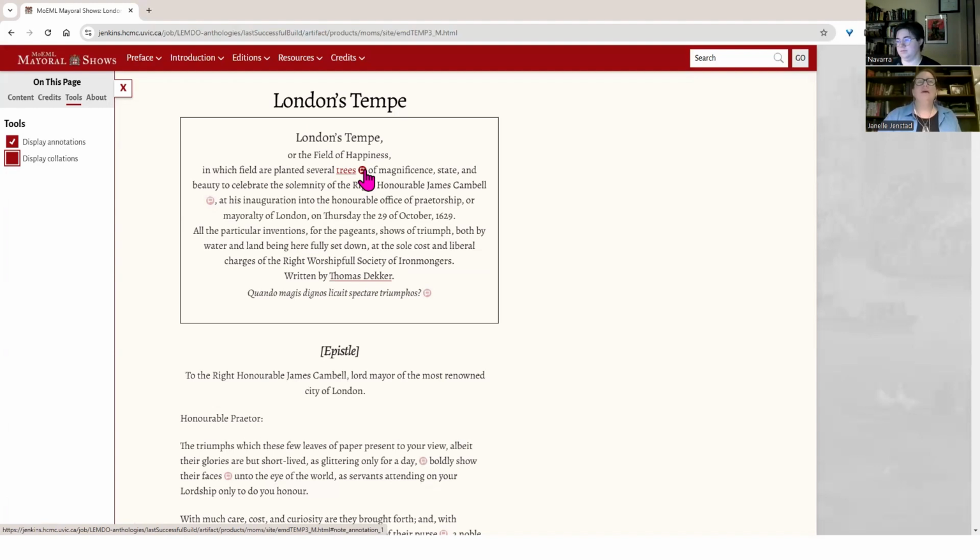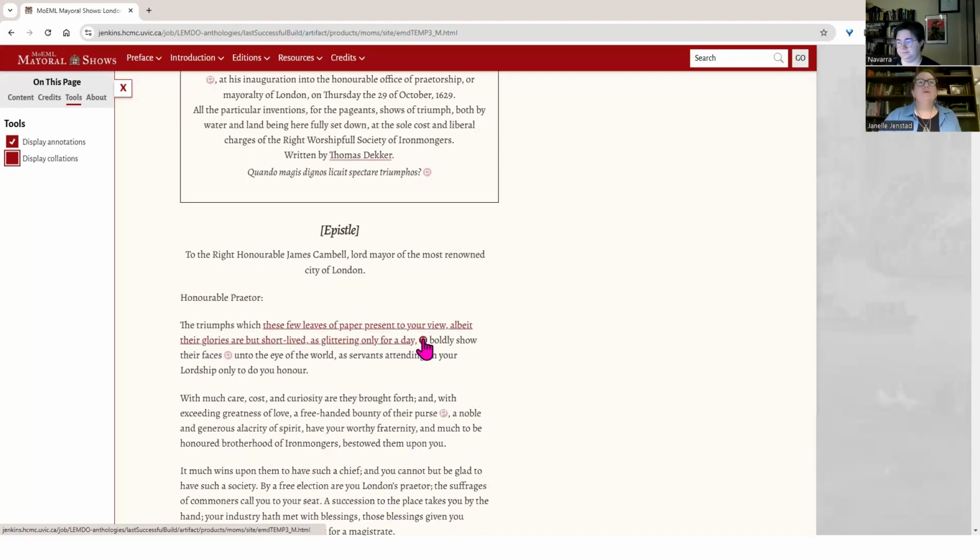So you can see at a glance what it is that you're getting an annotation of. So if you hover over that one, you discover that it's an annotation on the person's name. If you hover over this one, you can see that it's that whole string of Latin text. Okay, so that can help people decide if they even want to click.